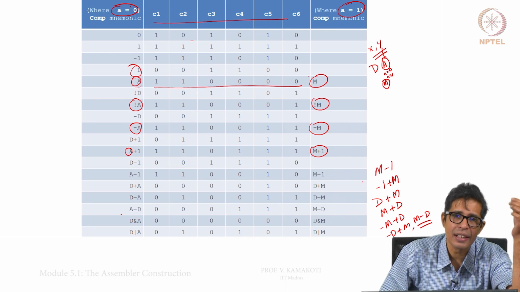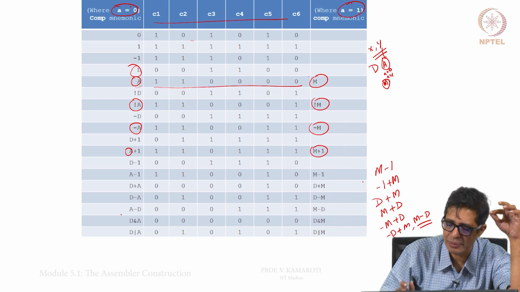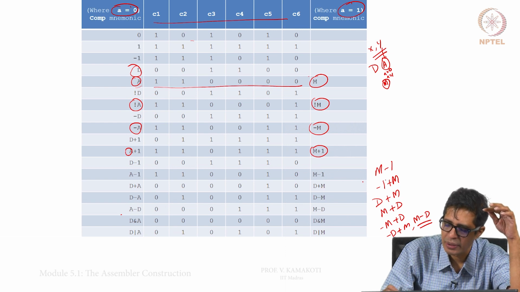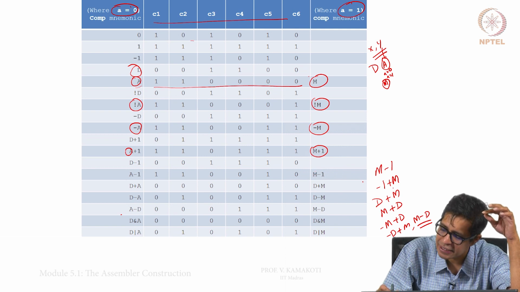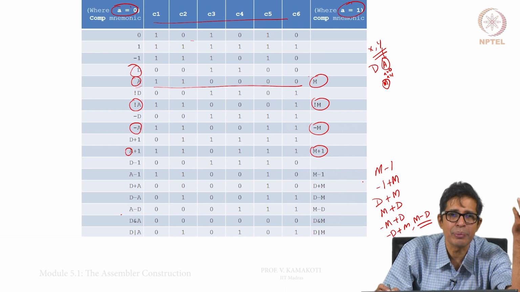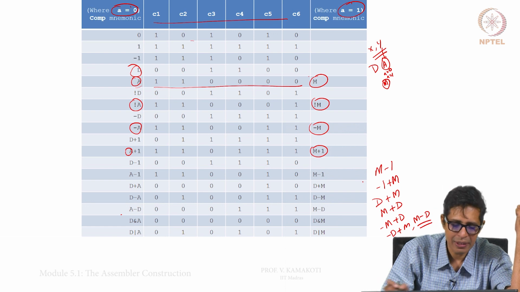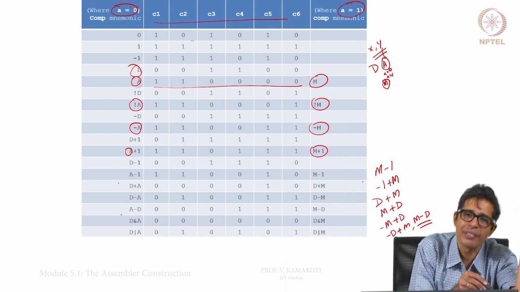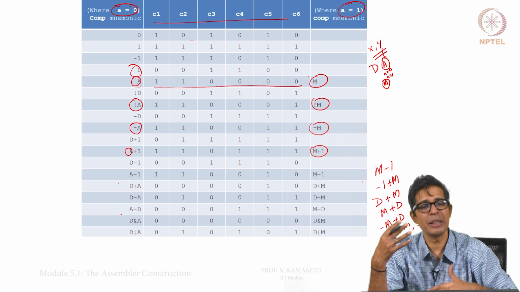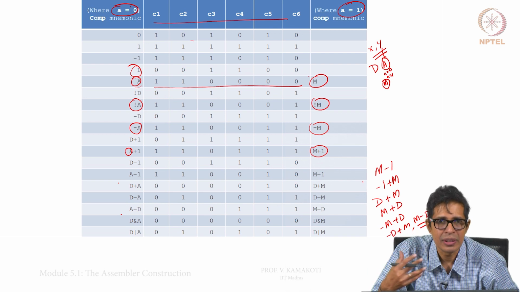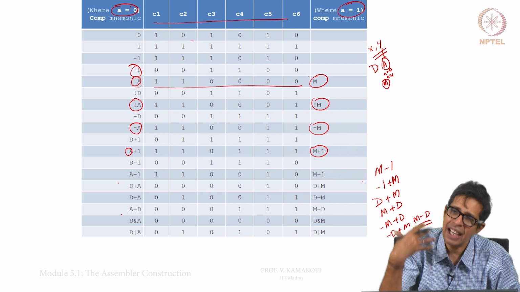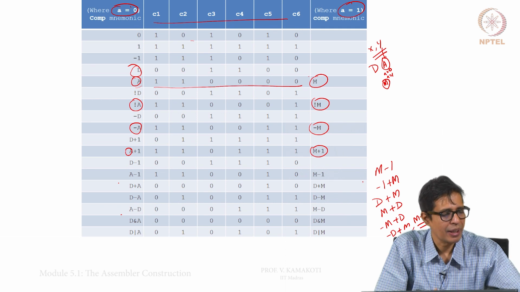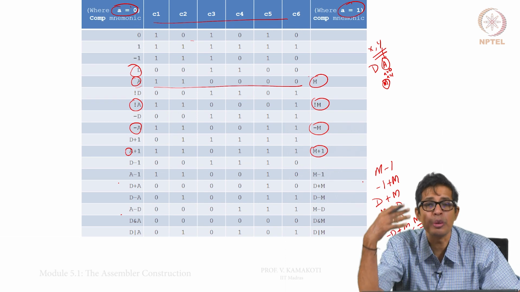The way the mnemonics are generated can be in different forms. We can't just say I want M minus 1. I could have even minus 1 plus M. I need not have D plus A, I could have A plus D also, and these things have to be catered to when you write the assembler. So, these are challenges in writing the assembler, and you will realize them only if you write an assembler